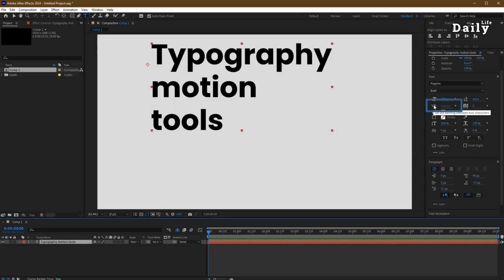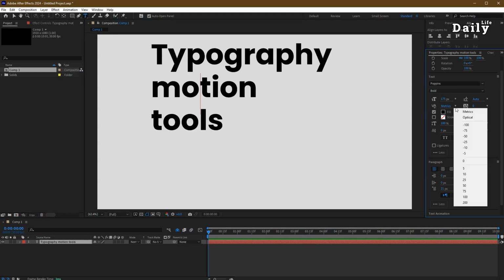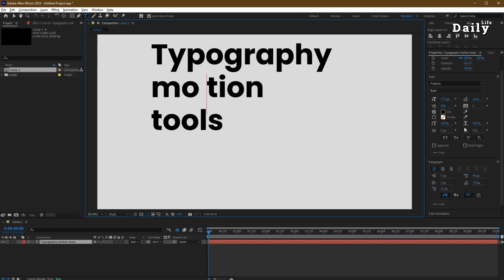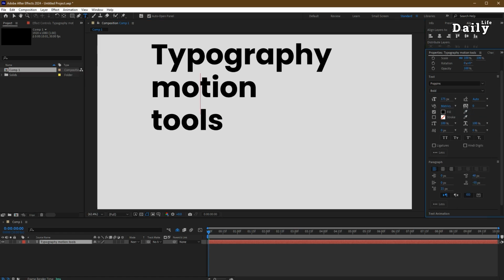Kerning. Kerning adjusts the space between individual letters or characters to look natural or prevent awkward gaps or overlaps. Place the cursor between 2 letters and adjust it, or manually use the Alt or Option key plus left or right arrow keys. Kerning is important especially when working with display fonts for logos, where precise alignment and spacing are crucial to the overall design.